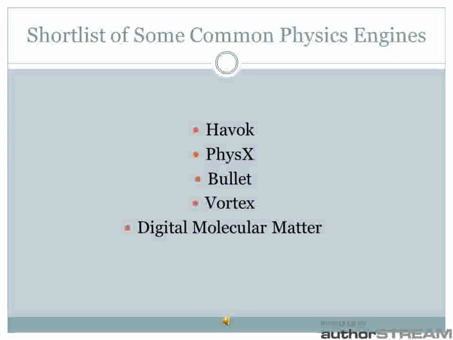A few of the common physics engines which are mostly used in the industry